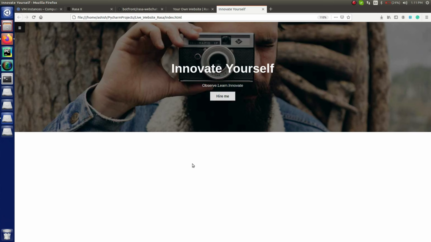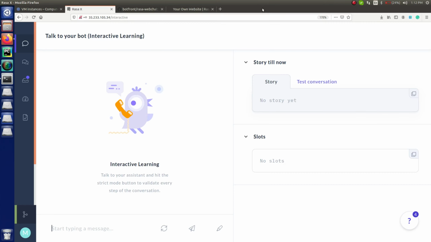I want to link the web chat with it, which means I'm going to show a button over here. Can you see the cursor? Over here I will show a button for the web chat so that my chatbot can reply to the messages onto this website, right? And how I'm going to do it, let me show you that. Just close it for now.